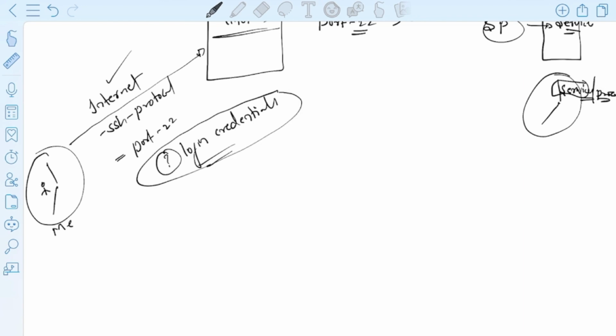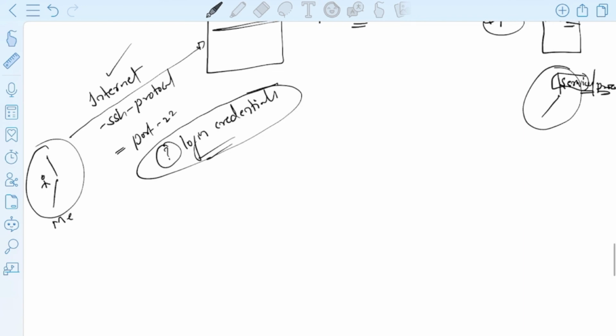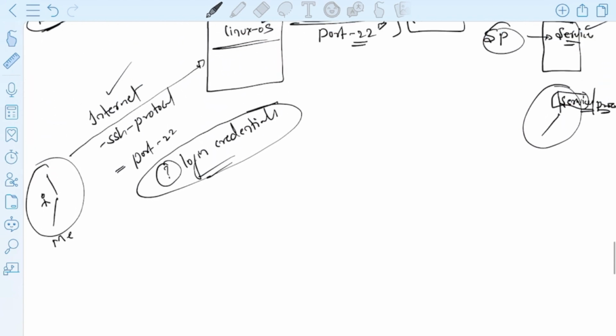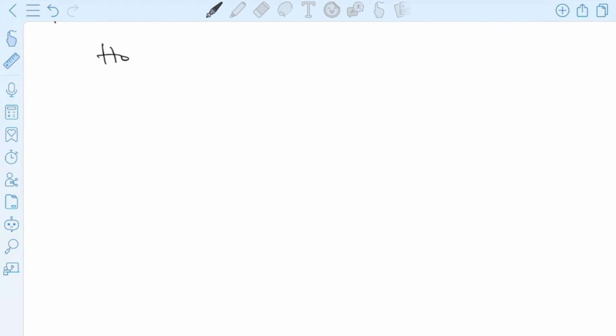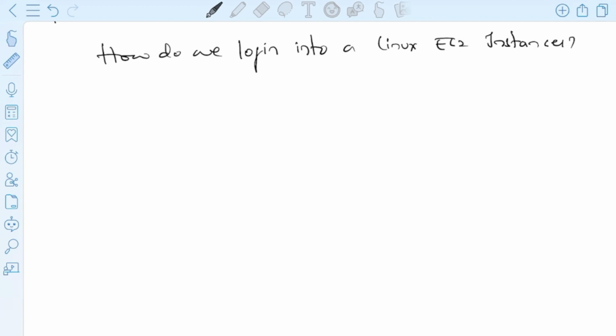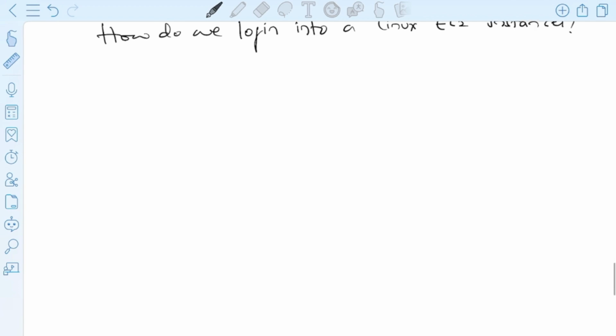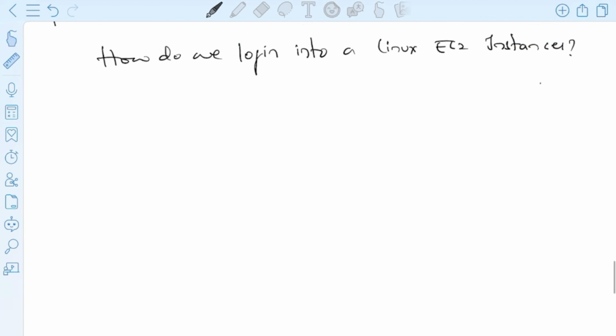Let's see what are the login credentials that we're going to use. Now here, the next question comes into the picture. How do we log in into a Linux EC2 instance? So here, in Linux EC2 instances, when you create an EC2 instance with this Linux based operating system, by